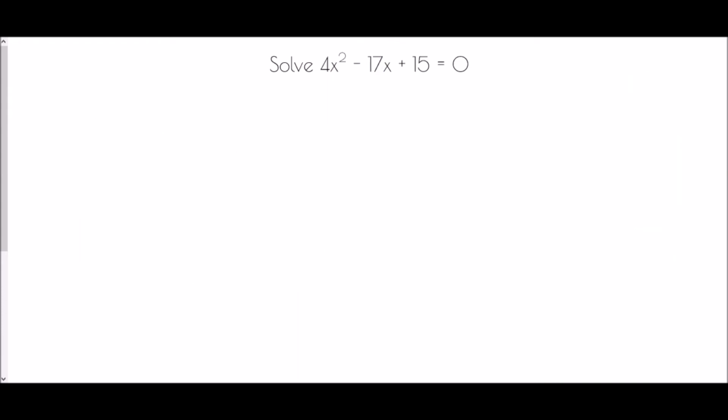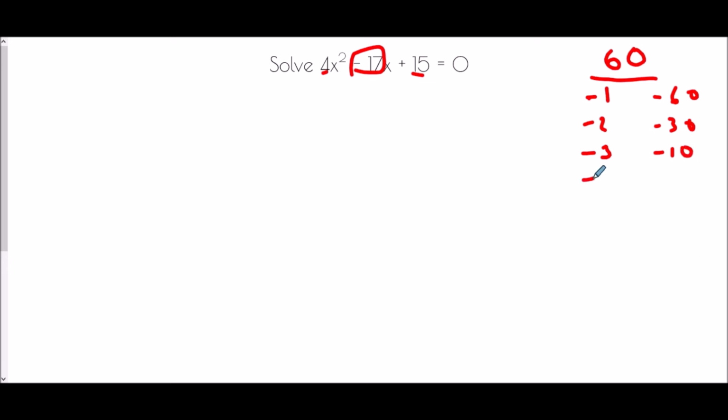And lastly, solving 4x squared, take away 17x plus 15 equals 0. So again, all I want to do is multiply my 4 by my 15. It gives me an answer of 60. But here, it has to add to make a negative value, and therefore both of the numbers must be negative in this case. And so I'd have negative 1, negative 60, negative 2, negative 30, negative 3, negative 10, negative